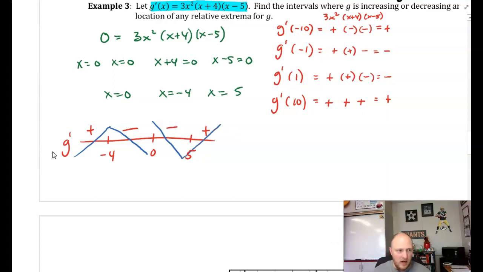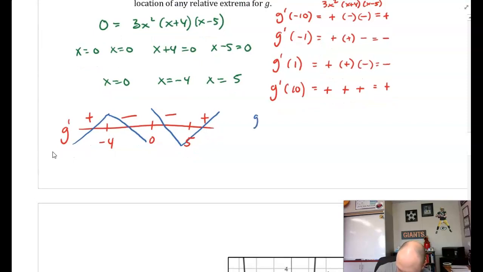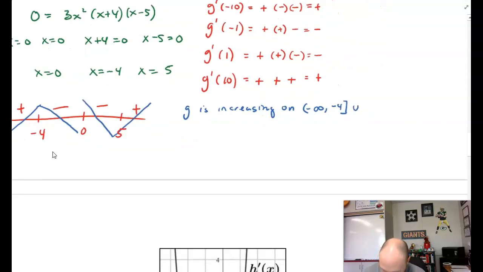I'm going to do increasing and decreasing first. We can say g is increasing on negative infinity to negative 4, union 5 to infinity,